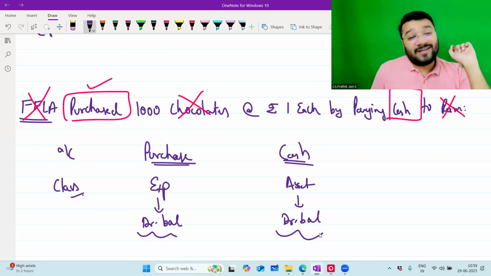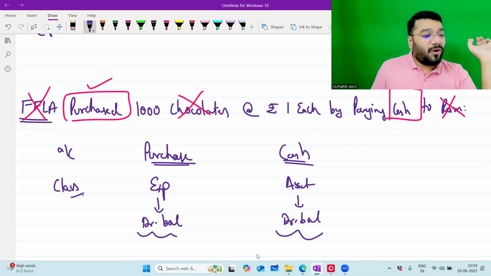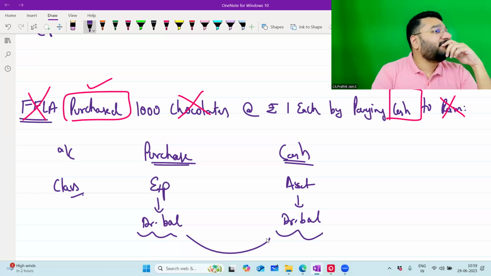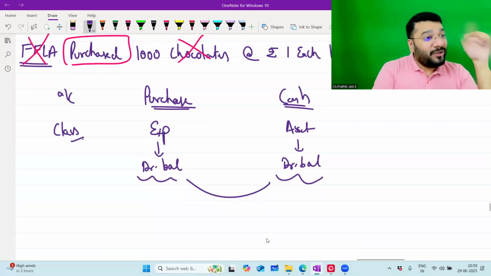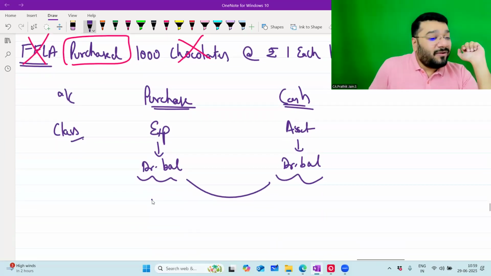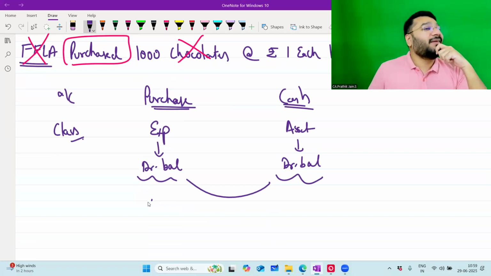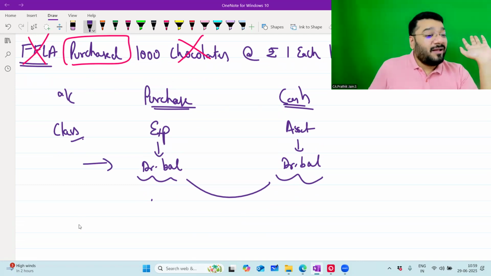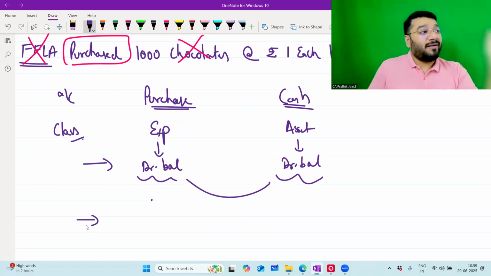How many of you thought like that? Raise your hands. Honestly. One, two. Anybody else who thought that these both will always be opposite? No, there's no rule like that. You will be surprised to see that one will become debit, another will become credit. Balance can be anything. Type, debit or credit, that will be opposite. Now, purchase is a debit balance.